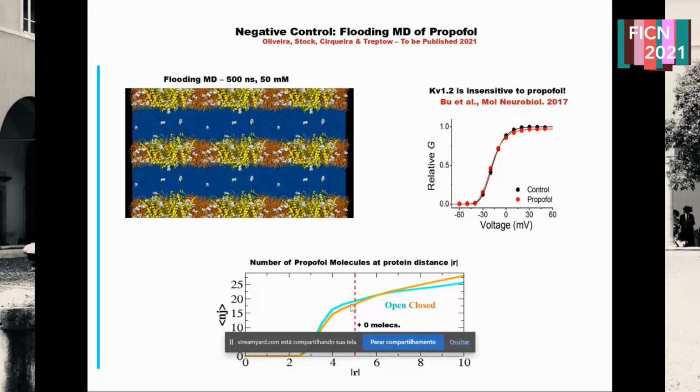These results may rationalize these experimental findings in the following sense. So propofol may bind the channel as a necessary condition. Binding is, however, very similar between the open and closed states in terms of stability. So there is no change in the average number of bound ligands, and therefore there is no perturbation of the grand canonical partition function that I explained before. In such a way that the final result is no clear impact on the open probability of the channel, therefore making sense of this result and, more importantly, supporting our conclusion for the case of sevoflurane.